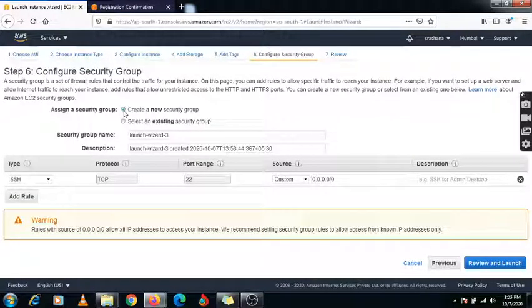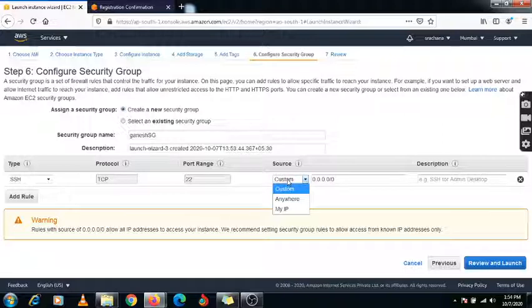Here you can select a new security group or you can select your existing one. I'm clicking on create new security group, the Ganesh security group. If you want to describe something about this security group, you can mention a message in the description. Here is the option SSH, and these are the subnet specifications. If you have your internal subnet, you can specify the subnet here, but for this demo purpose we are not selecting any other options.